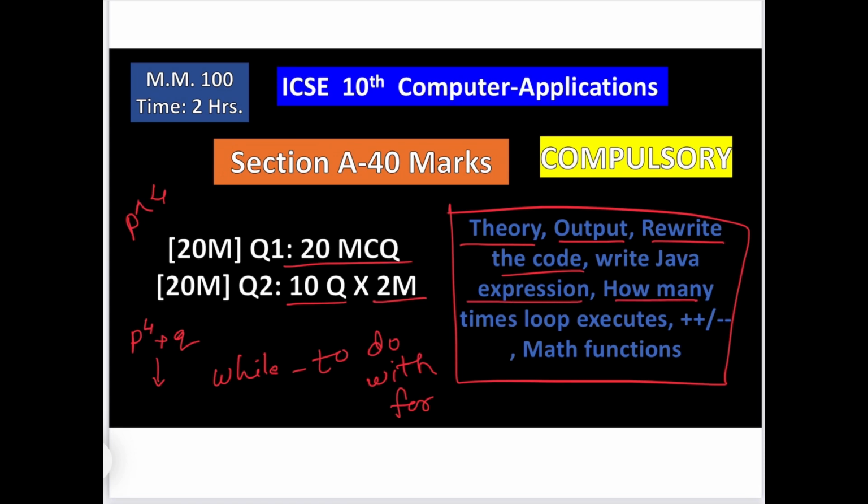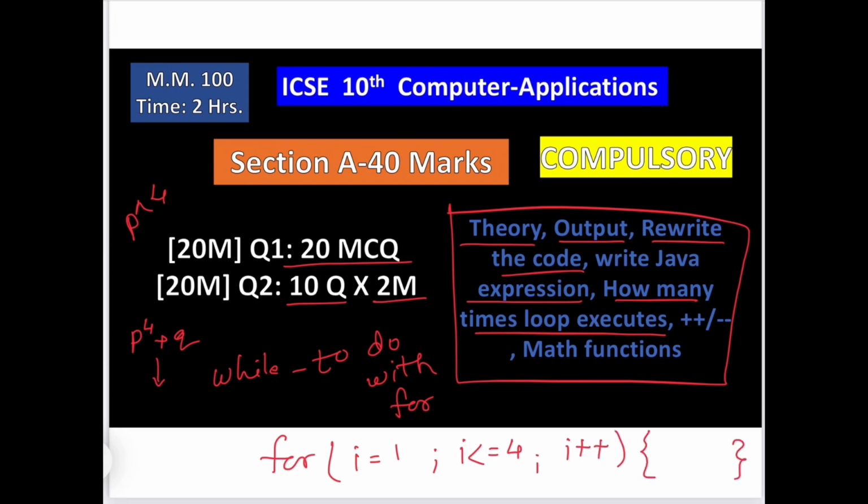Now, how many times does a loop execute? This is a very important topic. Definitely one question will be there. They will give you a for loop, while loop or do while loop, and they may say i less than or equal to 4, i plus plus.